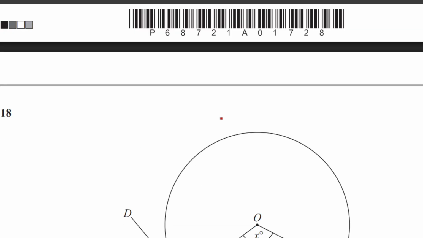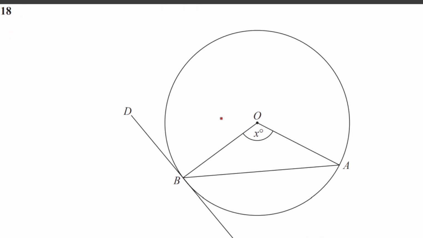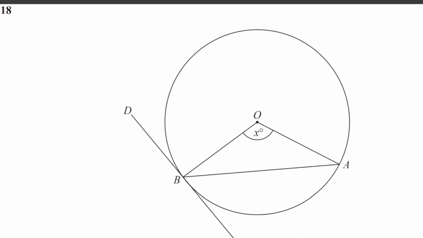Let's look at question 18, circle theorem. It's a very nice question. Let's do it. Now,